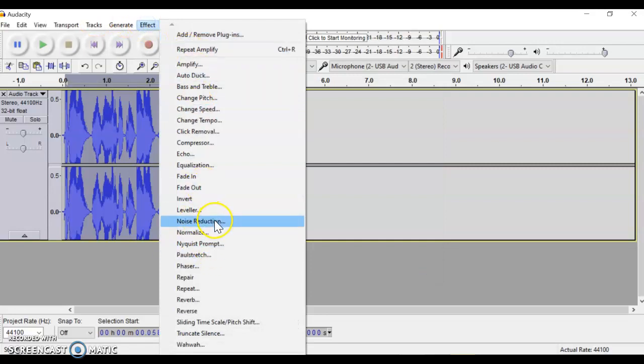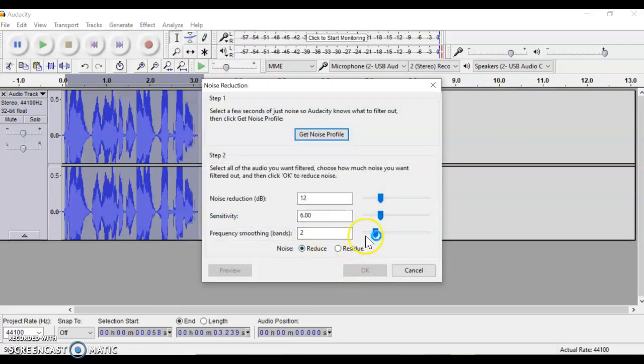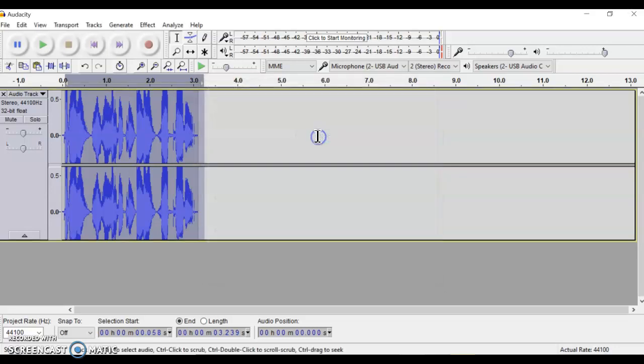Go to noise reduction. You can adjust, get noise profile, and then